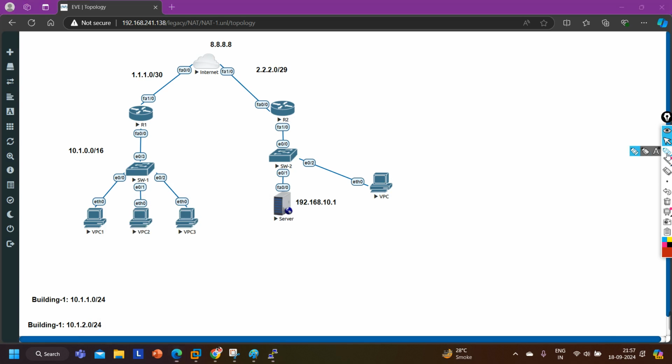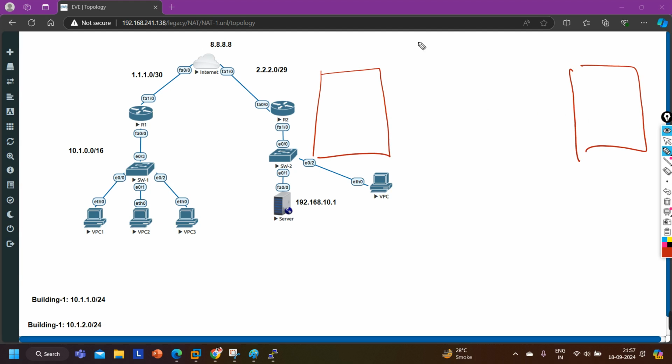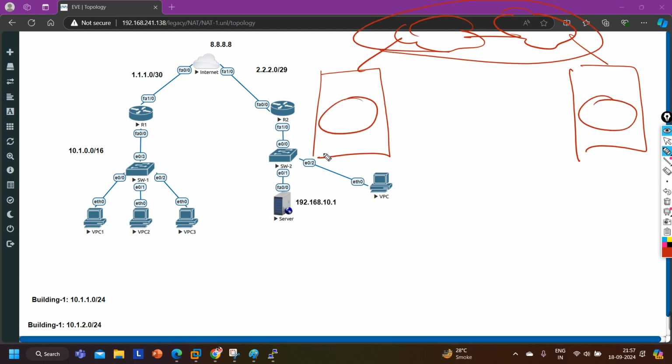No, no, bro, that is a different thing. See, my requirement is, let's say my company has two branches, one in India and one in US. So how are these two companies going to communicate with each other? Both are connected through the internet. This is private, and this is public, right? So by default, two private sides cannot communicate with each other over a public network. That's why I am creating a VPN. Through this virtual private network, I am going to exchange my private data.